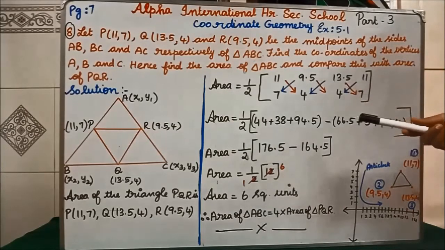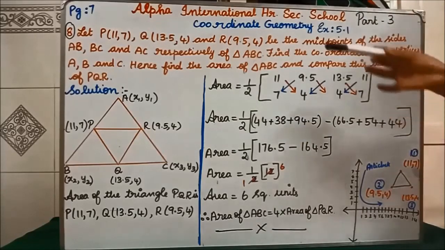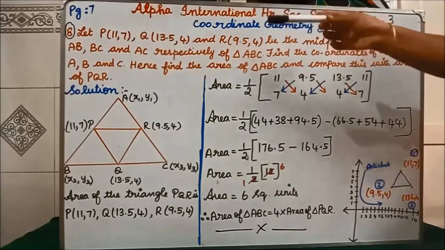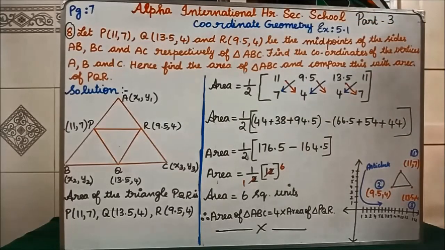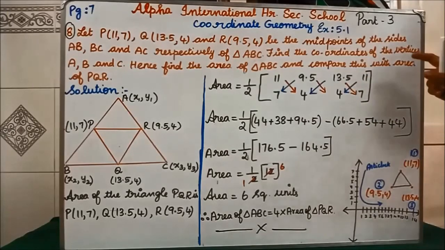Okay, now the last session we are going to do in this, we are going to find the area of a triangle PQR. We know in the question itself they have given P value, Q value and all vertices, everything they have given. So you have to just find the area only. See, before finding, first we have to plot that vertices in the graph. I have told you, isn't it? See, 11, 7. I have written very small, but you have to draw in your classwork neatly in the side of your note. 11, 7. Here it is coming. Okay. Next 13.5, 4. Here this point is coming.